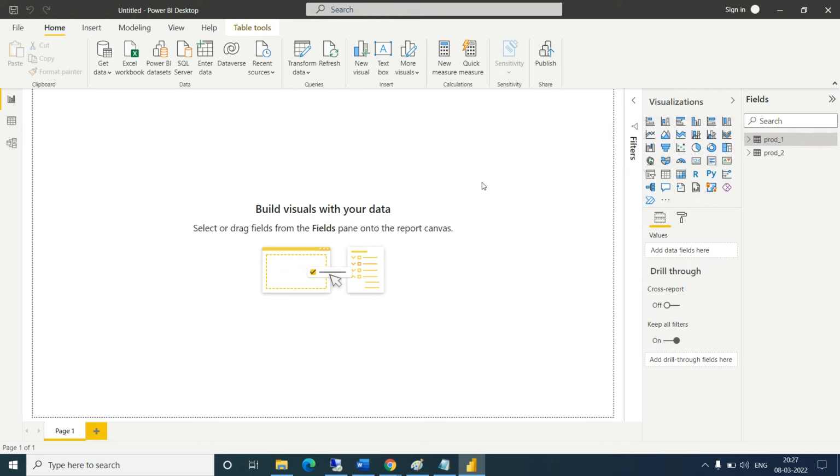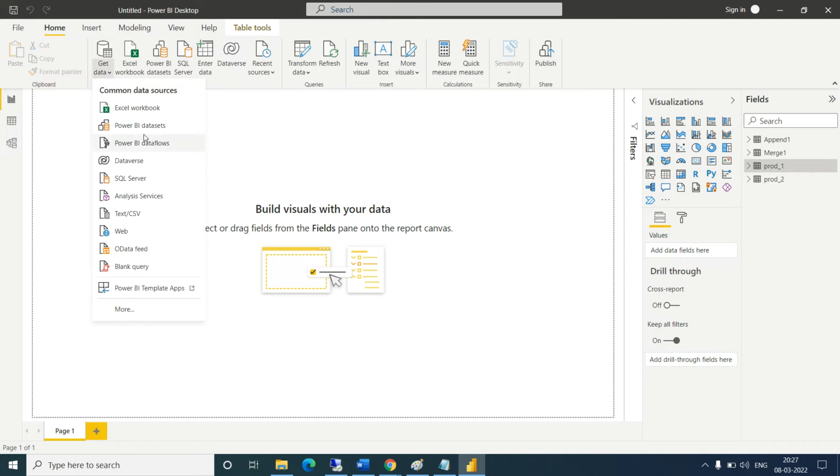Okay, so let's connect with the new data. How to connect with all these files at a time? We know that all files are available in a particular folder, so we will connect with the folder only.